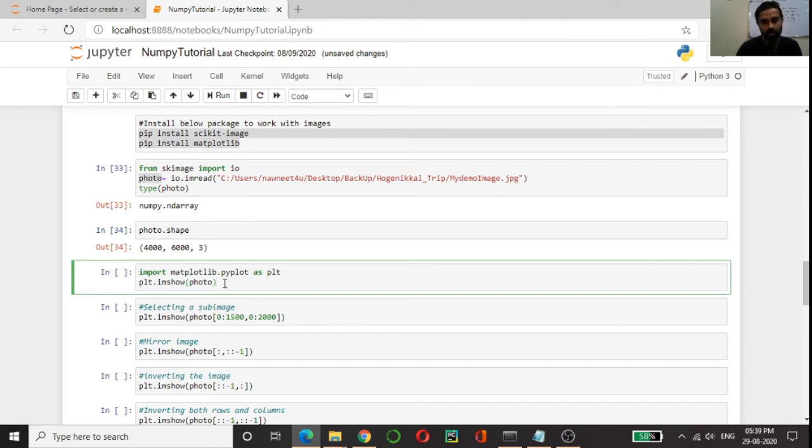To visualize the image, we have to import one more library, that is matplotlib. I am coming up with a detailed tutorial on matplotlib, but for now you just import it and use it to show your image on the screen. I'll just do that.